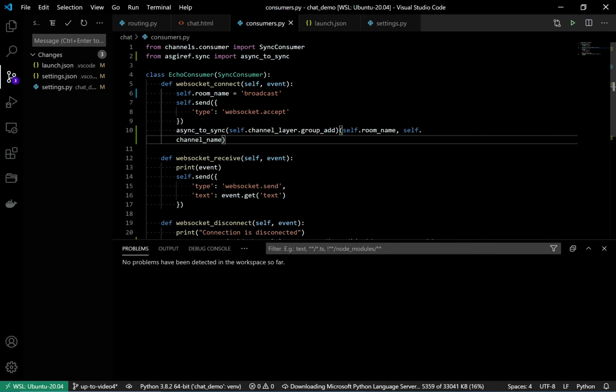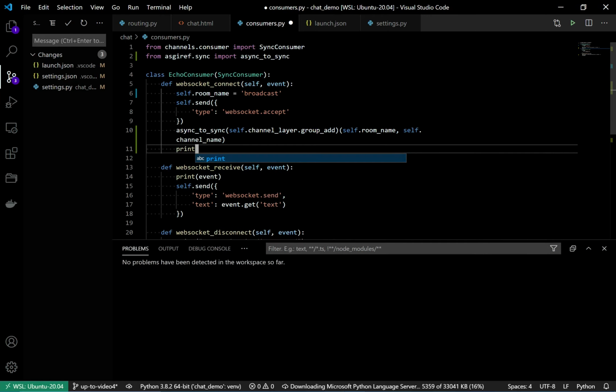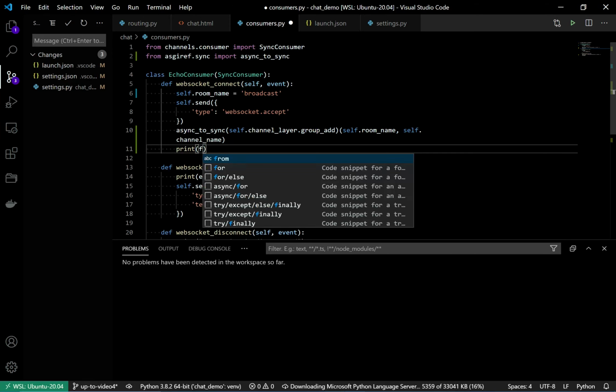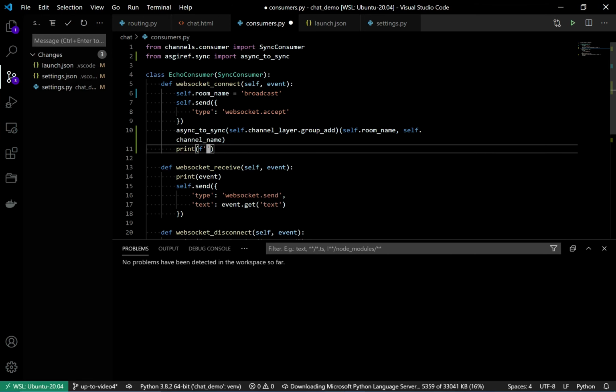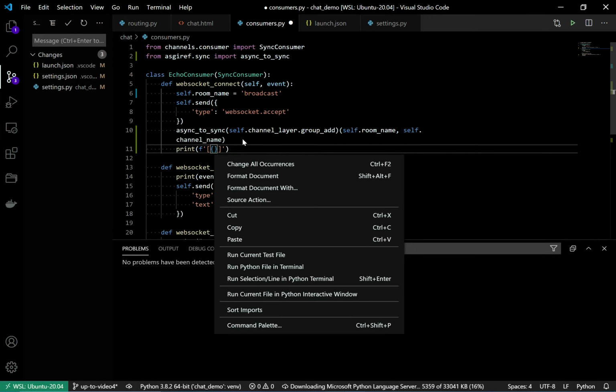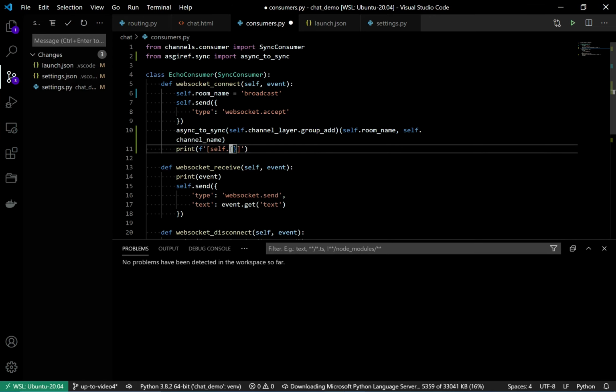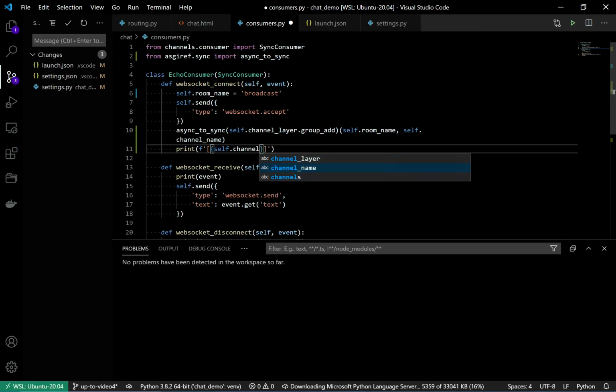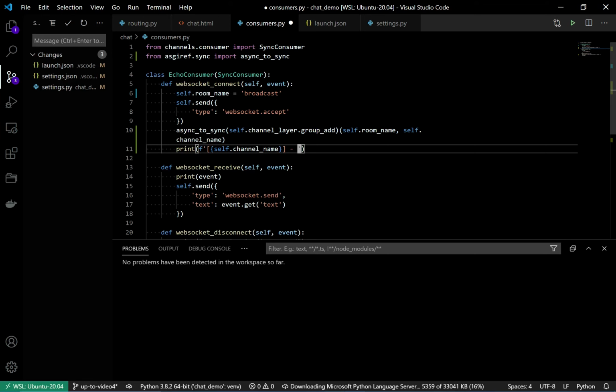Now to understand more, I am going to add a few print statements here with the channel name as well. So print, and I'm going to use an f-string, and inside the f-string I will write square brackets, and the first argument will be the channel name. And I'm just saying that you are connected.